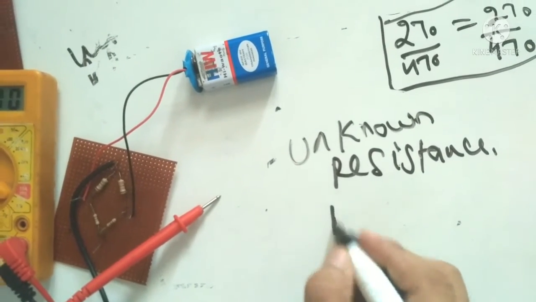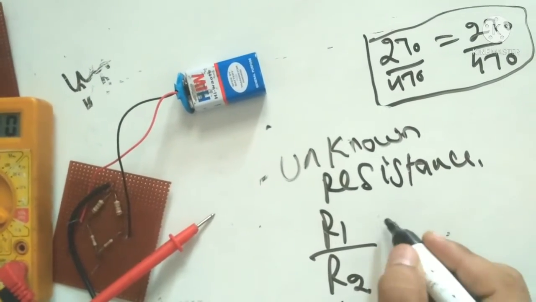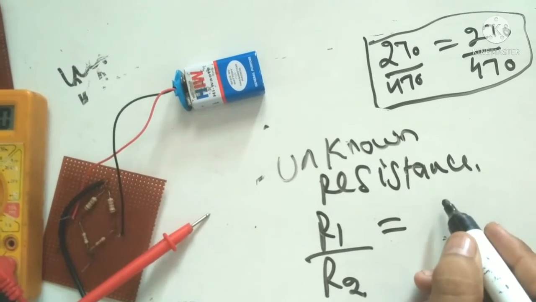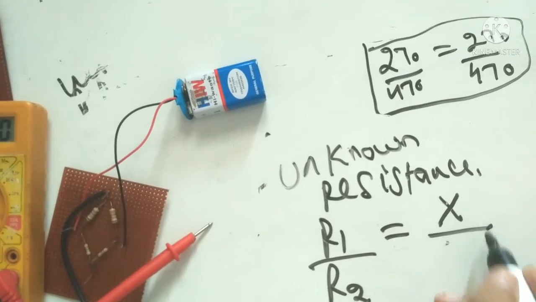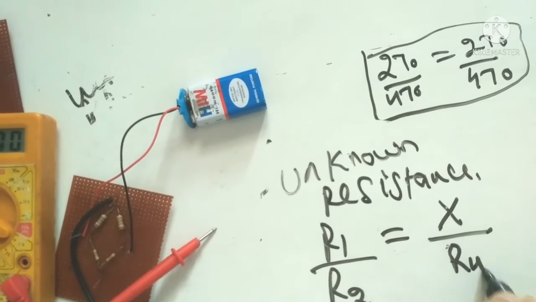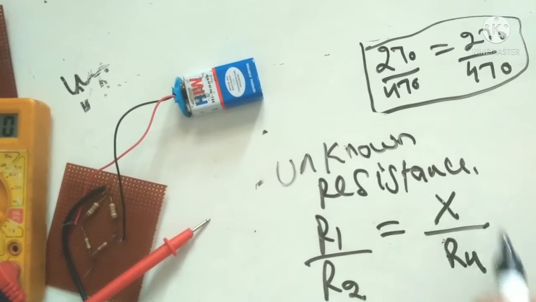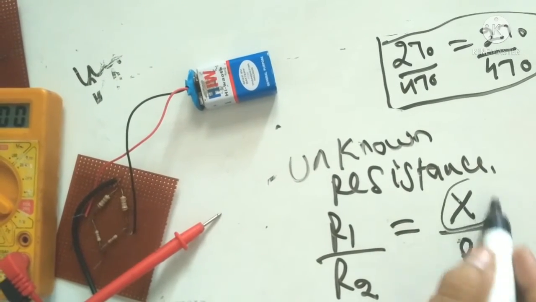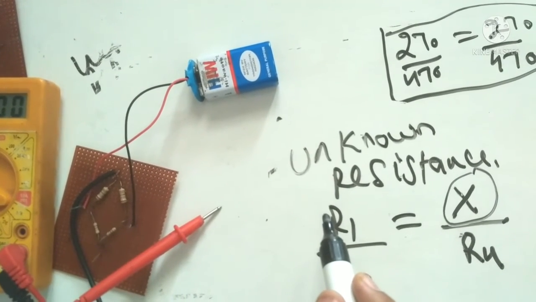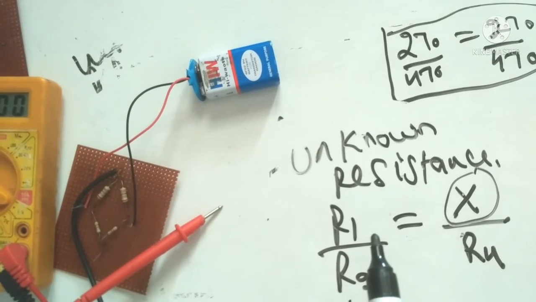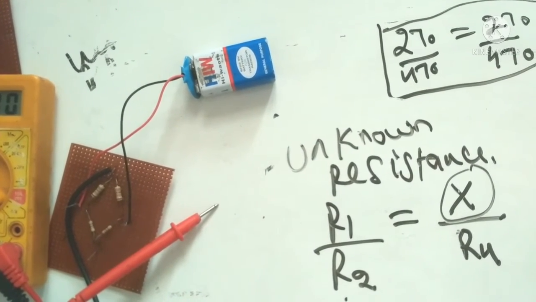So if we know two resistances, so that their ratio is known, and the other resistance, the unknown resistance, we will place here, let it be X, and we can use the variable resistor that is named R4. By varying R4 we can reach the balancing condition and hence find X. That experiment I will show you in the next video, how we can find the unknown resistance. So this is the experiment about the balancing condition.